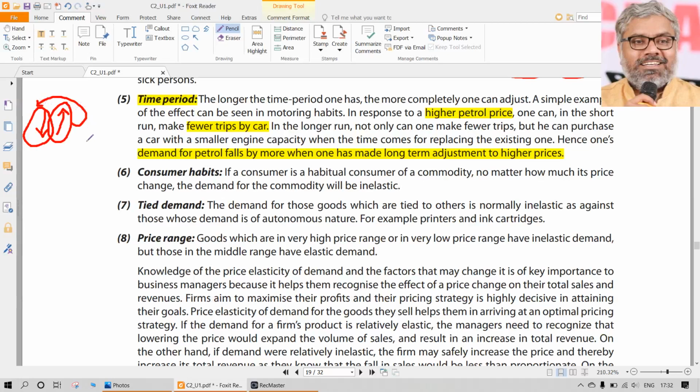That is one of the reasons why we still have petrol cars and diesel cars separately in India. But if the price difference is not that much, if both have more or less the same prices, then there is no point in having two types of cars. Both cars will have the same kind of demand, because people don't differentiate between a petrol car and a diesel car if the price difference between petrol and diesel is not much. So that is one of the reasons why, slowly in India, petrol car production is normal, but diesel car production is decreasing. Why is that? Since there is not much difference between petrol price and diesel price.